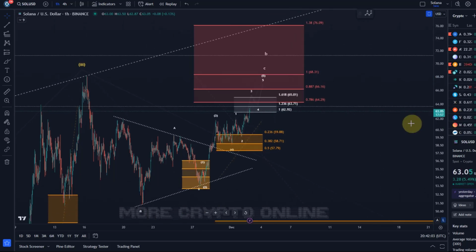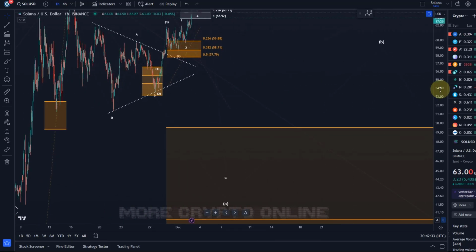technically this B wave can extend all the way up to $76. I don't necessarily expect that, but can I rule it out? No. It would work quite well in line with Bitcoin. Remember that Bitcoin is getting quite close now to its key target range, and that wave 2 pullback is coming at some point. And it might just be that Solana is waiting for Bitcoin. And if Bitcoin starts the wave 2 correction that we talked about in the Bitcoin videos, then why wouldn't Solana start the wave C to the